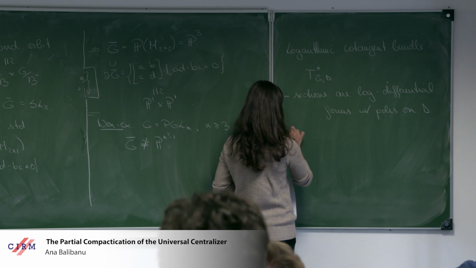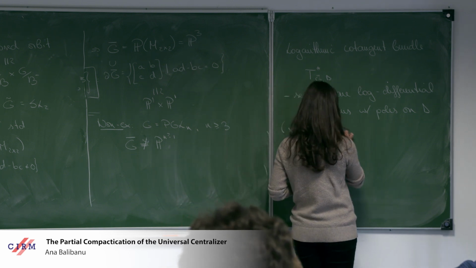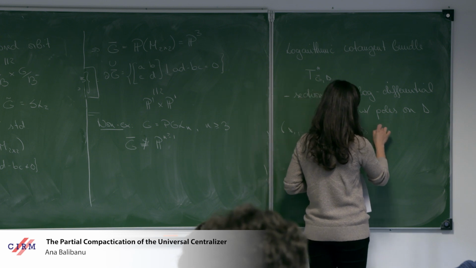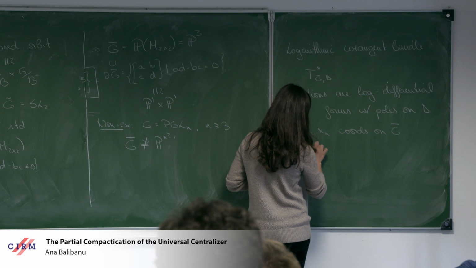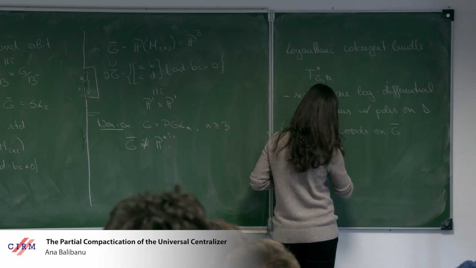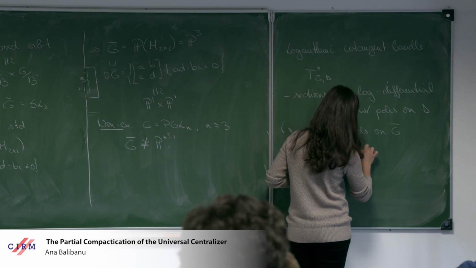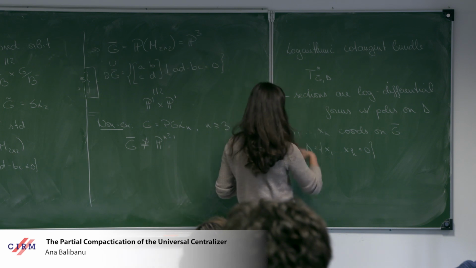So if I have coordinates x1 through xn on the wonderful compactification, so that the divisor is given by the vanishing of the product of the first k, then these sections locally